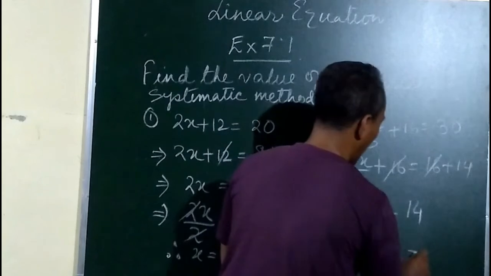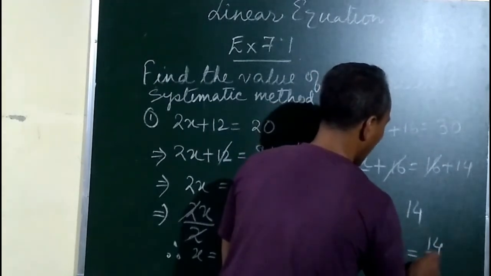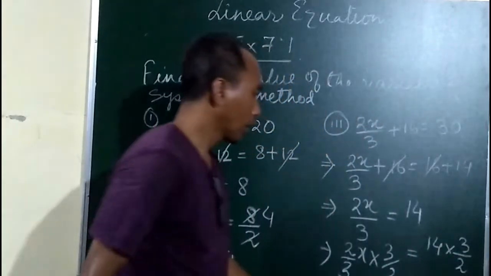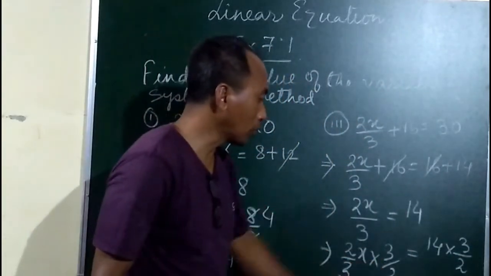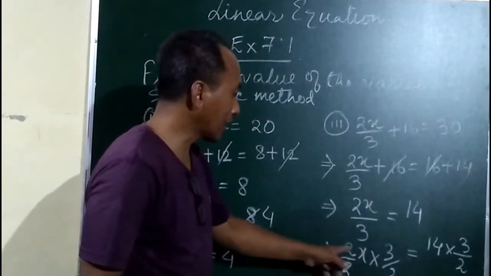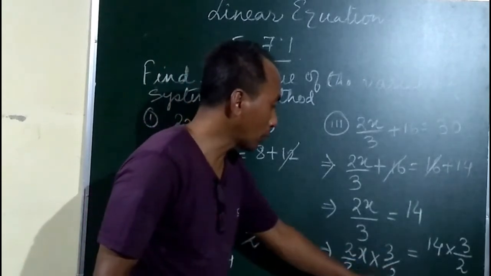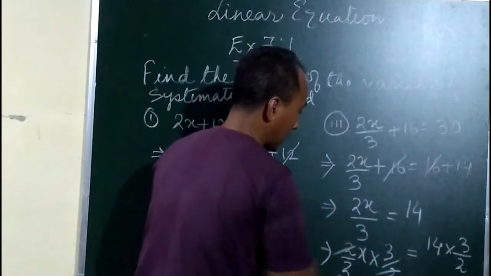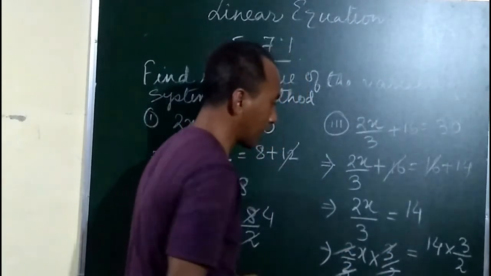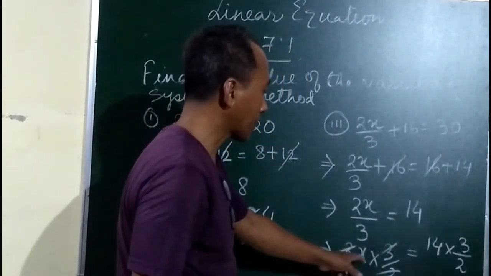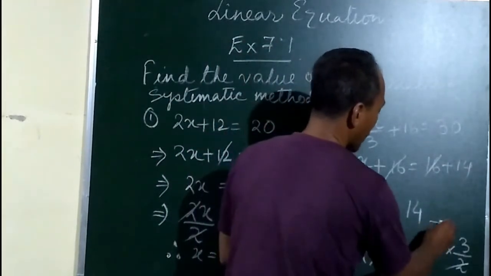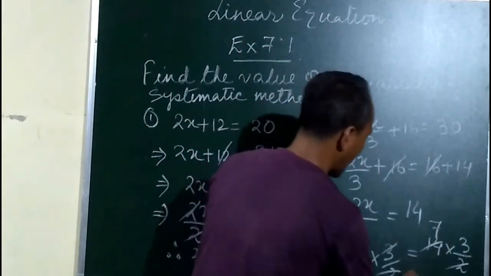Here also we multiply by 3 by 2. Why are we multiplying by 3 by 2? To cancel this constant term, we multiply by 3 by 2. So here 2 and 2 get cancelled, 3 and 3 get cancelled, so we get the value of x. So here we cancel it by 7, so the value of x is